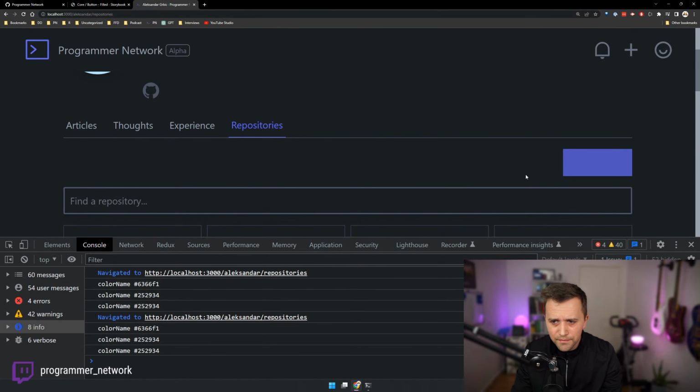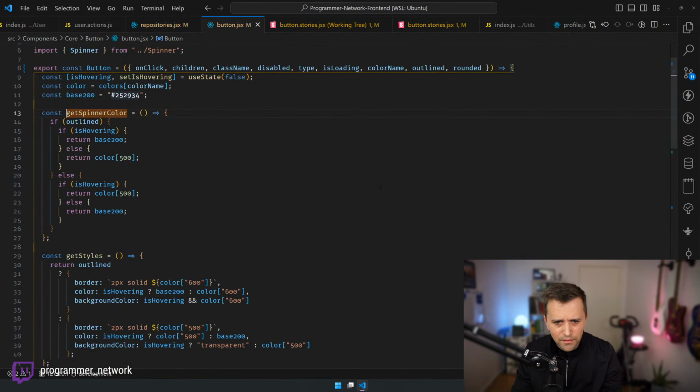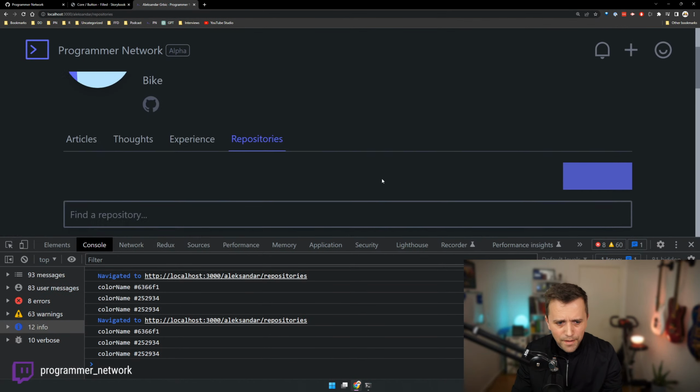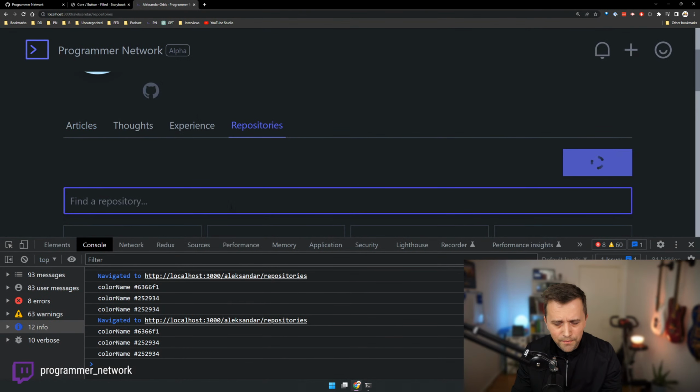No, it isn't. Well, actually it is, but yeah. So if it's hovering and it's not outlined, then color is 500. If it's outlined, so yeah, the logic I think is fine, right? So I don't get it.